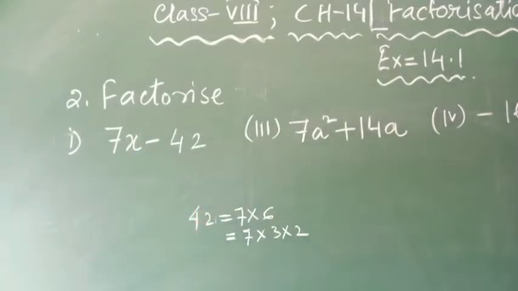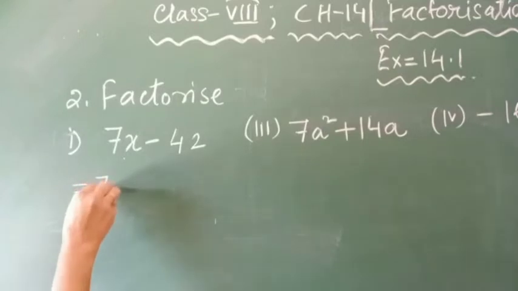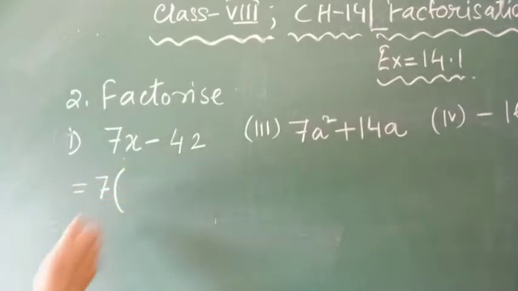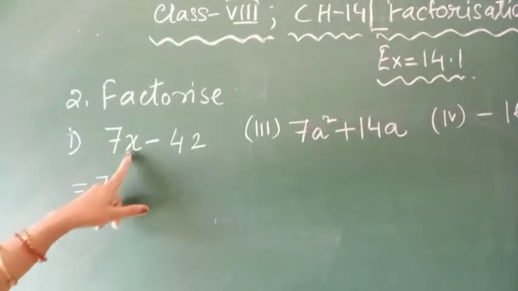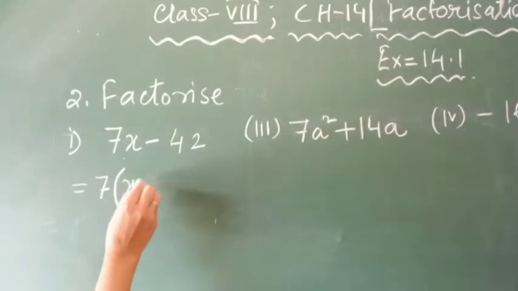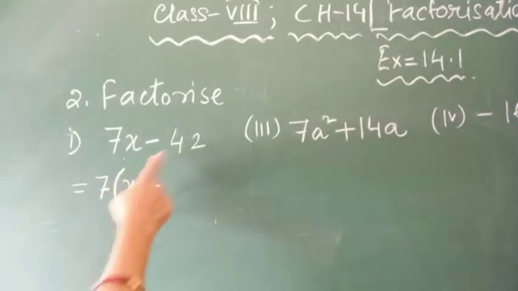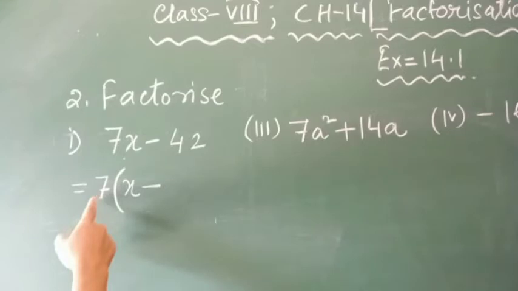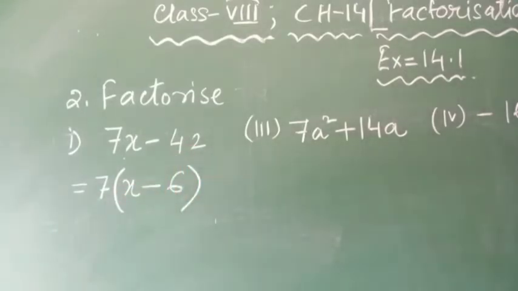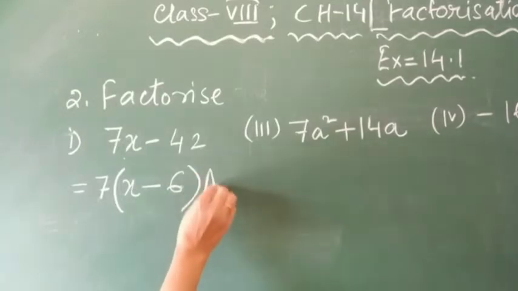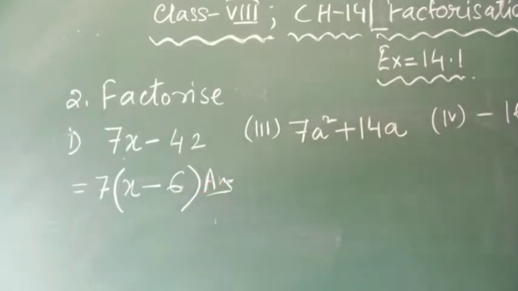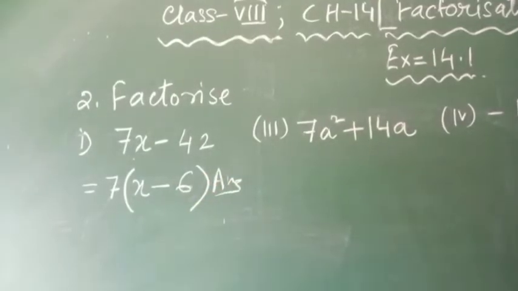So we have to take the common factor. I can take 7 as common factor from both the terms. From this term I can take 7 as common, and after taking 7 only x remains, and minus, from here if I take 7 outside, 7 as common, then which one is left? Yes, 7 6s are 42. See, so easy. This is the answer of this sum. Come to the next sum.